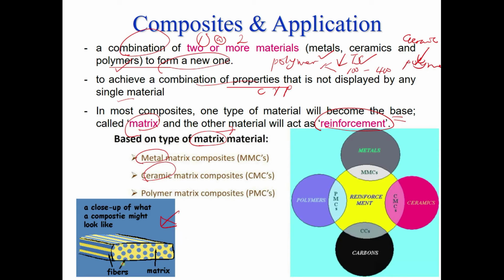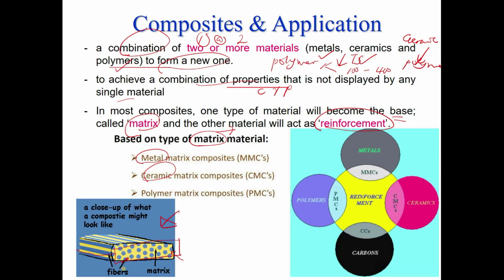You have a fiber here, a continuous fiber, right? This is actually the cross section. When you have fiber in the matrix phase, the yellow region is the matrix region